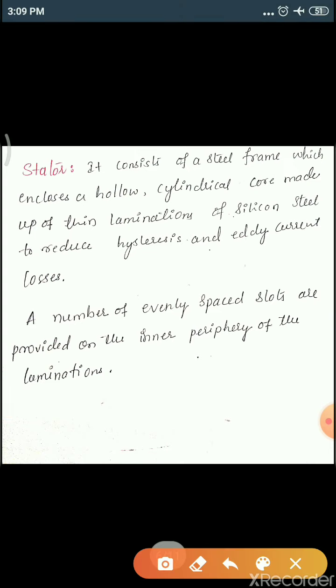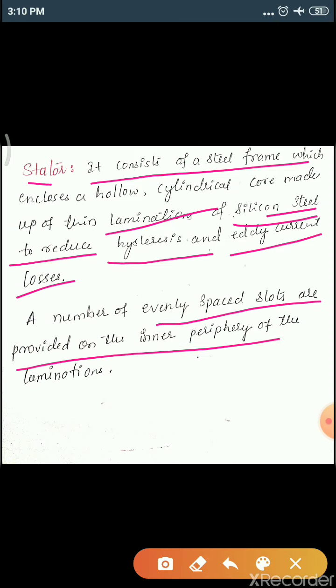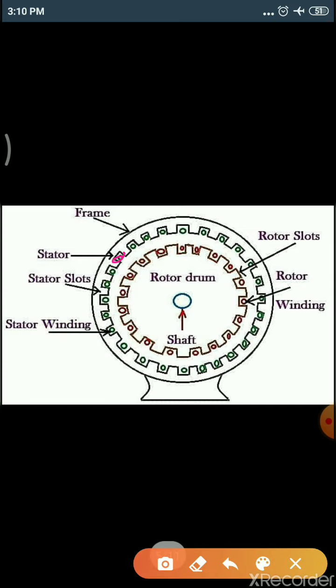As we said, the stator is a static part. It consists of a steel frame which encloses a hollow cylindrical core made up of thin laminations of silicon steel. Why is silicon steel used? To reduce hysteresis and eddy current losses. A number of evenly spaced slots are provided on the inner periphery of the laminations. You can observe this inner periphery of the